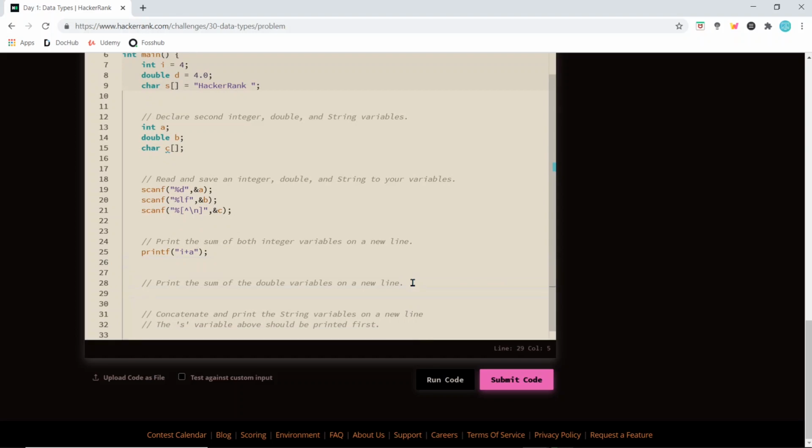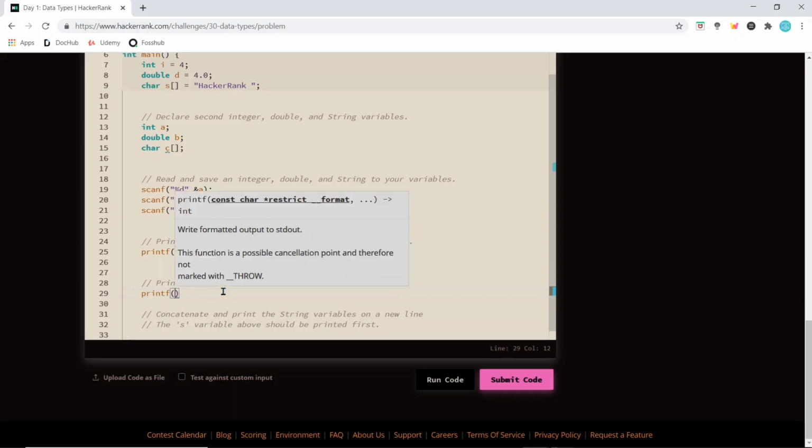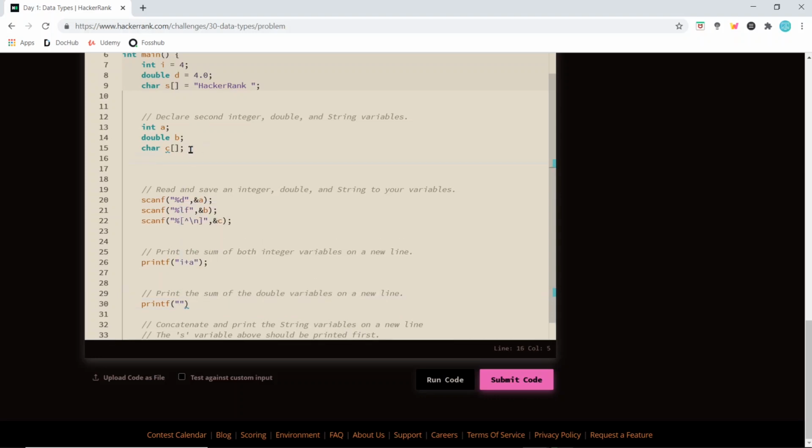Then we have to printf the sum of the doubles. So let's declare another double, which will be used to store the sum. Let's declare this as dou. This will be our double value, and this will be assigned the sum.